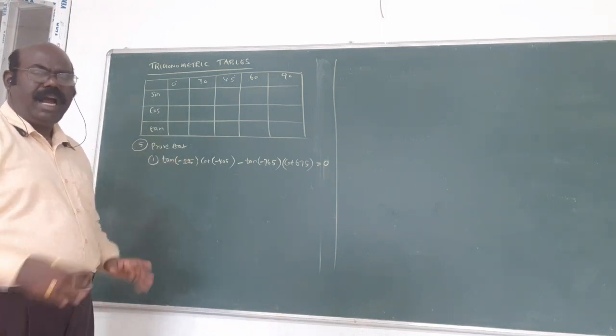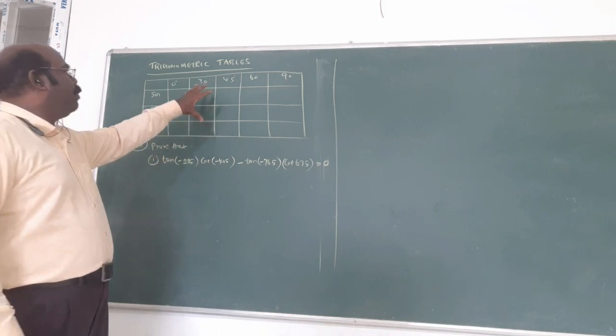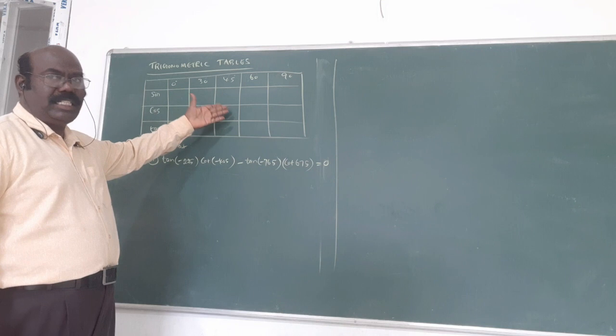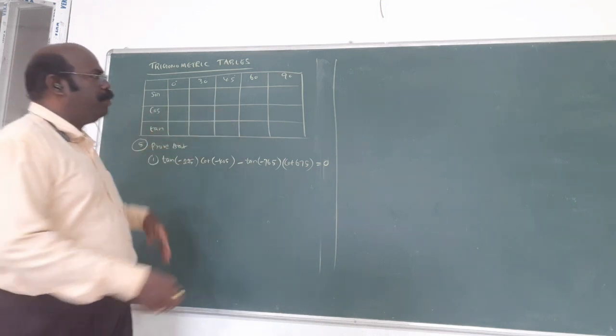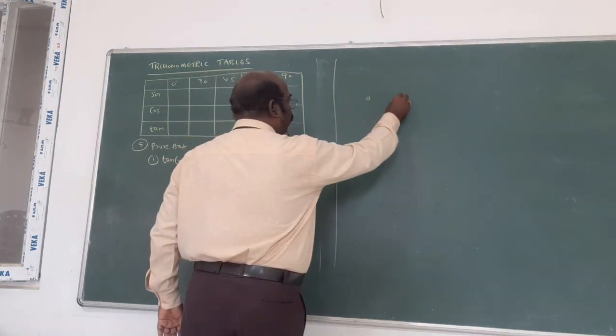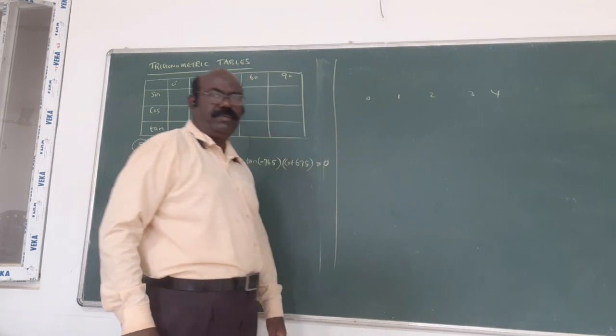ASPC idea, and also by using the 10 standard, 9 standard idea. You must take this table also, it is important. By using this table only, we can answer. Now what is the method to complete the table? Very simple concept. You put the numbers 0, 1, 2, 3, 4.